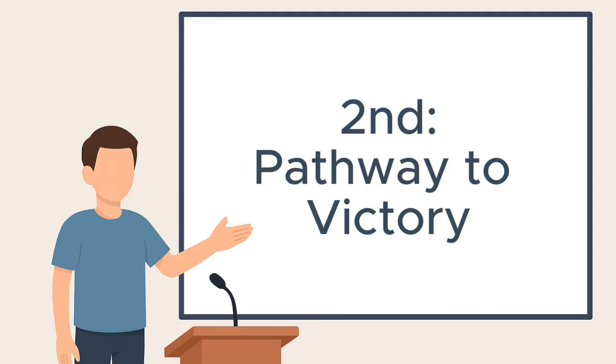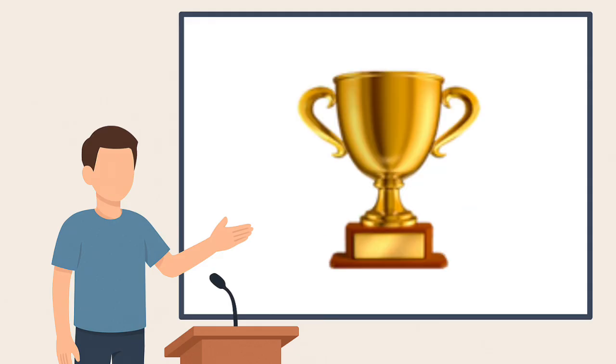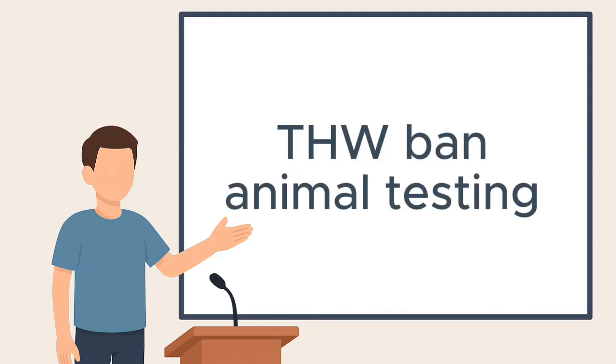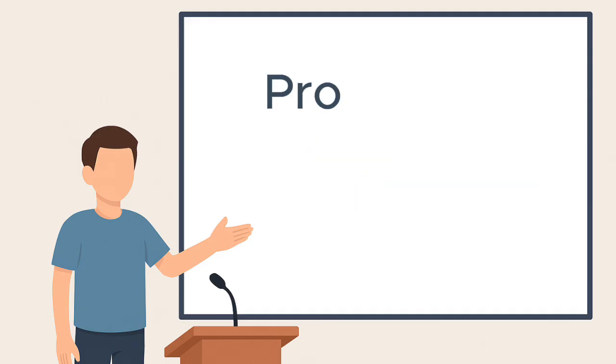Second, present your pathway to victory. This is like a slogan for how you win the debate, and you can paint a picture of the impacts you wish to claim and why they mean you win the debate. For example, if the motion was, "This house would ban animal testing," your pathway to victory could include, "We believe